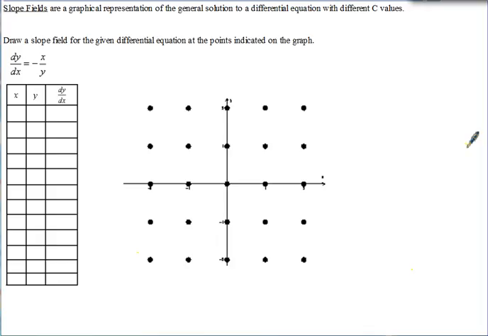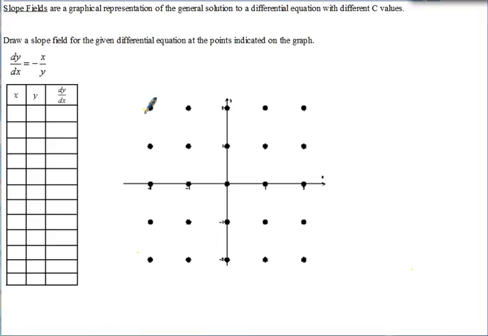Course for AP Calculus on the topic of slope fields. So slope fields are a graphical representation of the general solution to a differential equation with different c values. Remember, particular solutions are when you know what the specific constant is. General is when you don't. So to draw a slope field for the given differential equation, here's your differential equation, at